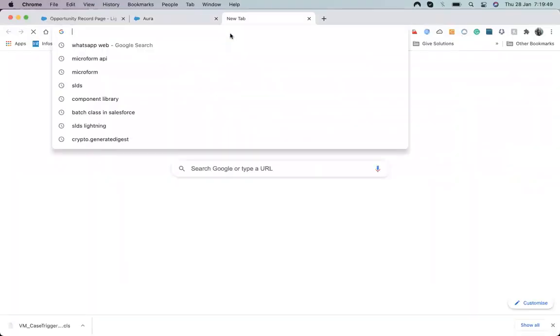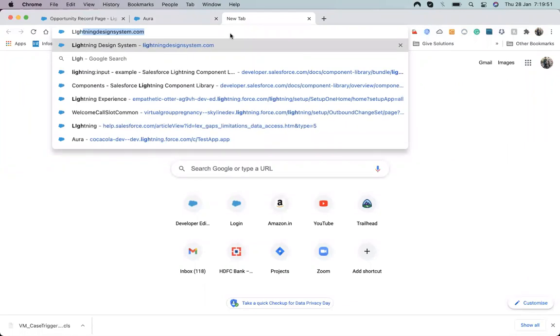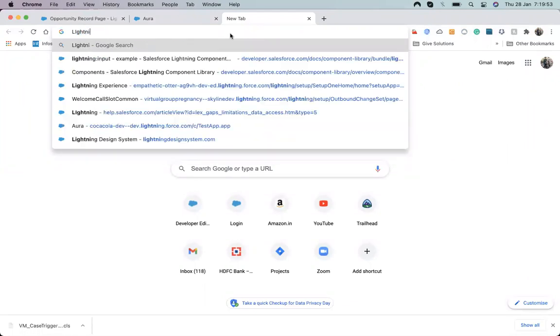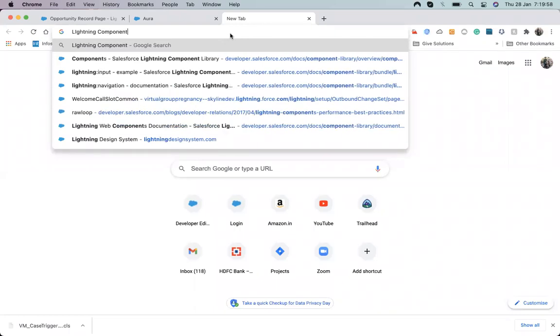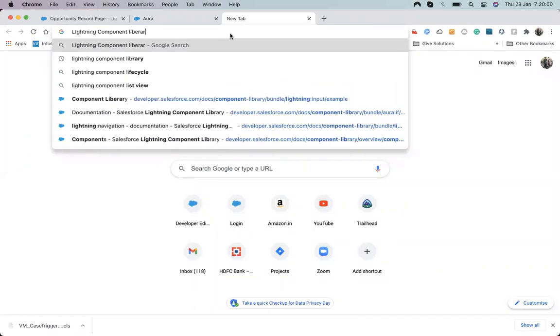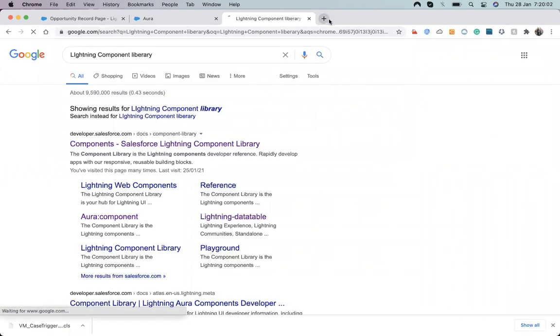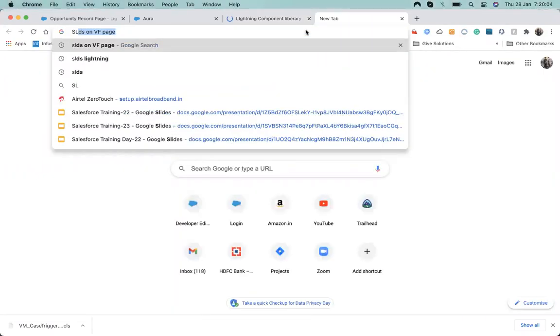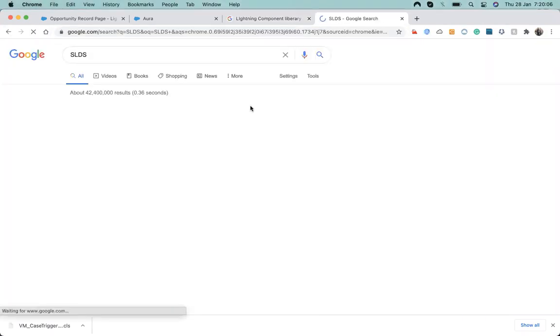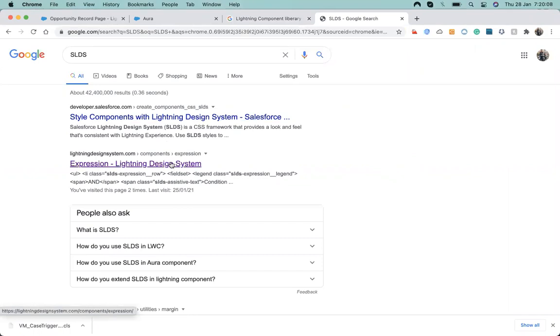First is the Lightning component library, and second is SLDS, the Salesforce Lightning Design System.